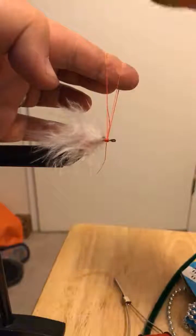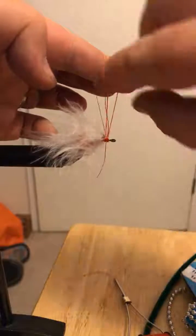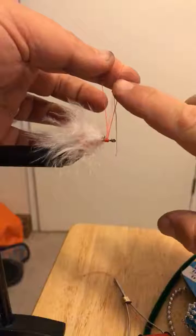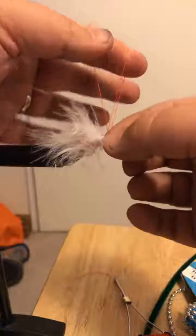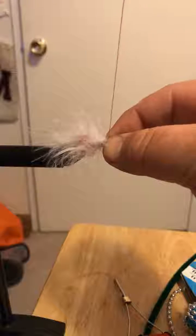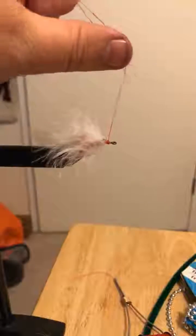2 turns, so the first one goes this side, the second one goes back. Then you can reach through the loop, grab the loose end, pull it through the loop, go through the loop again, grab the loose end, pull it through the loop a second time. Then I like to pinch the hook and the loop and ease it down. Sometimes if you have too much stuff going on your fly,